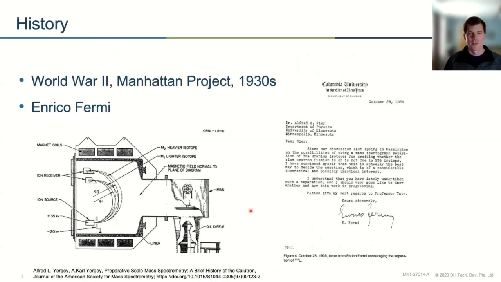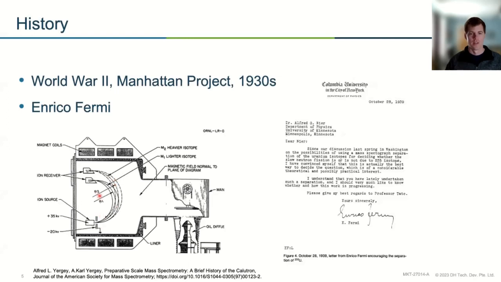And then I always like to go back to history. So mass spec was around before the 1930s. This was almost 100 years ago now. But one of its first biggest applications was actually in the Manhattan Project. A lot of big chemical advances, for better or for worse, since this was used to create atomic weapons, actually happened during this time. And they had a preparatory level mass spectrometer used to separate uranium